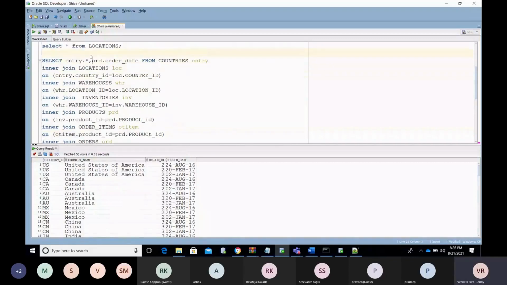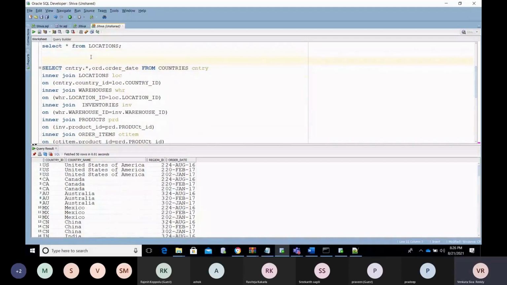Now I want to build a report where I need to see the sales country wise, year wise. I need to find the sales here. Now on top of this, the order ID.